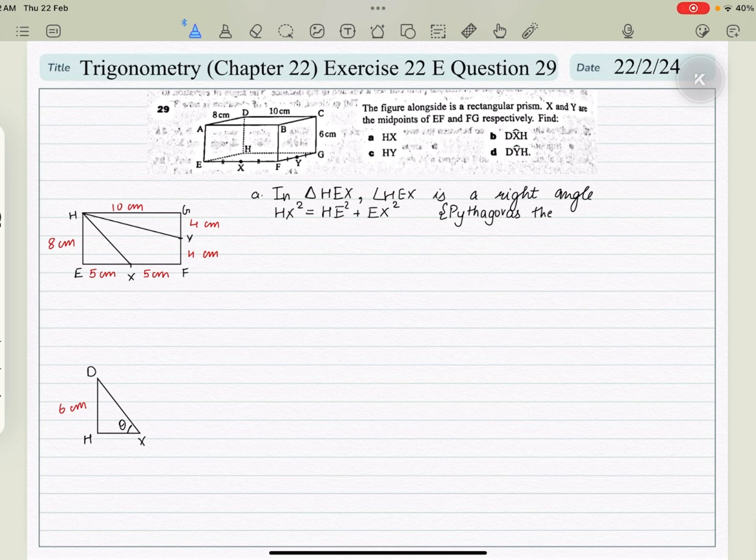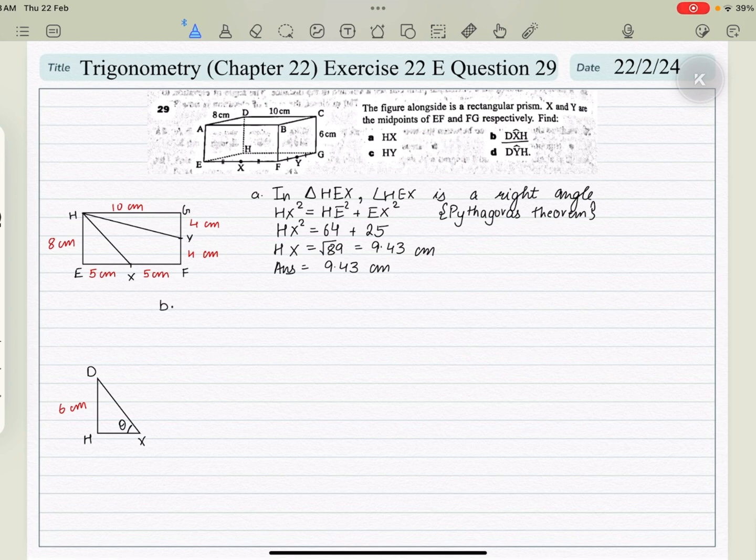And then we can say that HX squared is equal to HE squared, that is 64, plus EX squared, that is 25, and that would give us HX is equal to root 89. That would be equal to 9.43 centimeters. So the answer is 9.43 centimeters. Now we can move on to the B part of the question, which says that we have to find